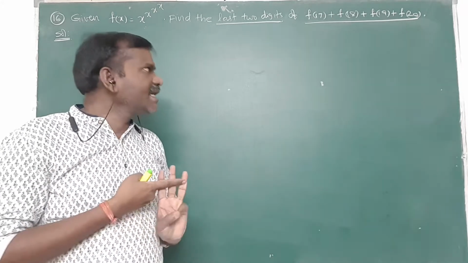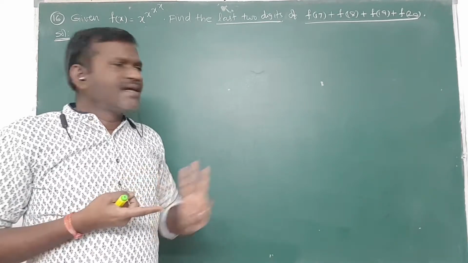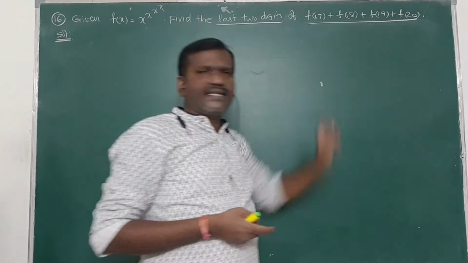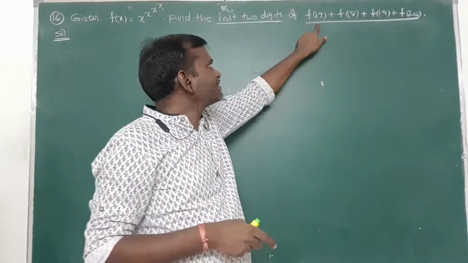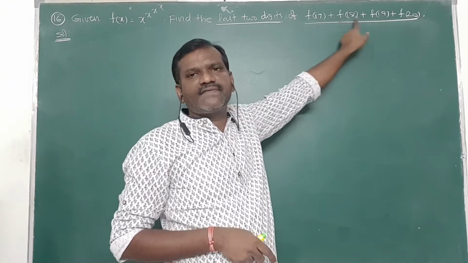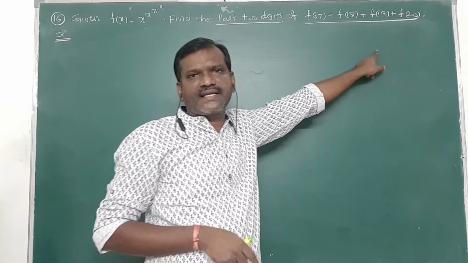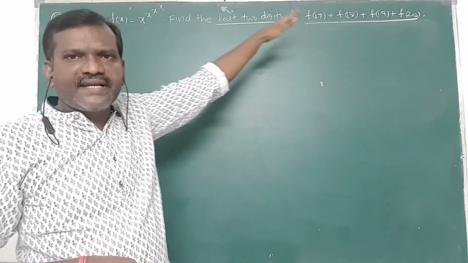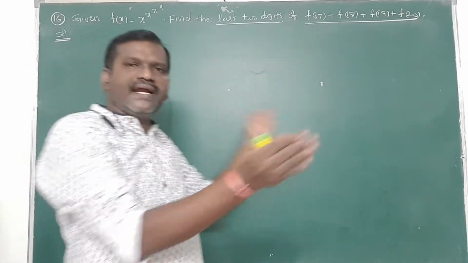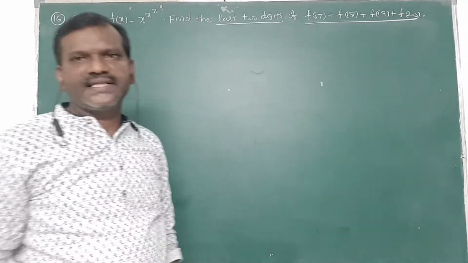And the third one is this sum given. I will take the terms individually. For f of 17, when divided by 100, I will find the remainder. Then I will take f of 18, f of 19, f of 20. For all, when divided by 100, I will find the remainder, then I will add them at the end. That is the third one.